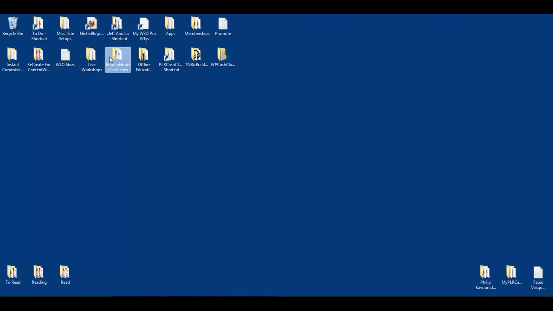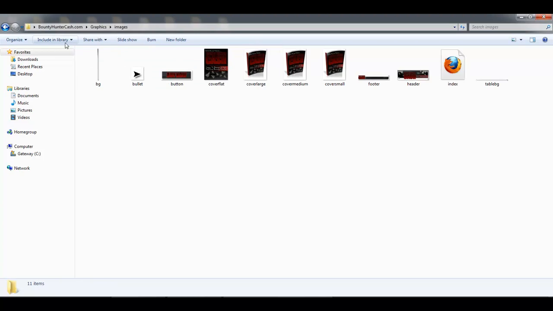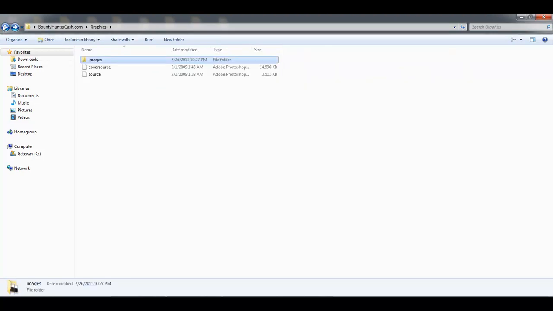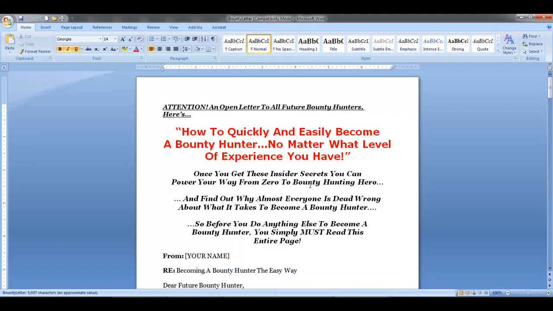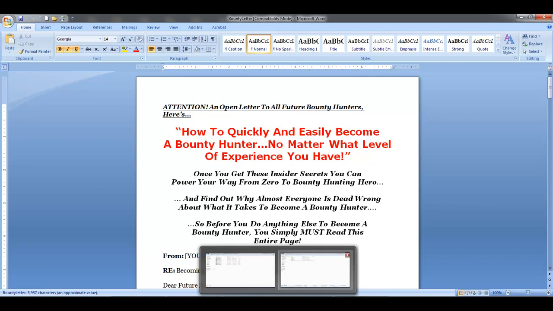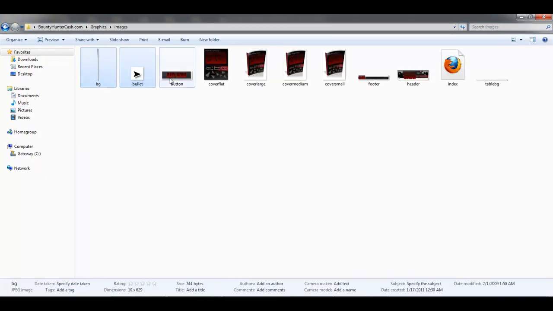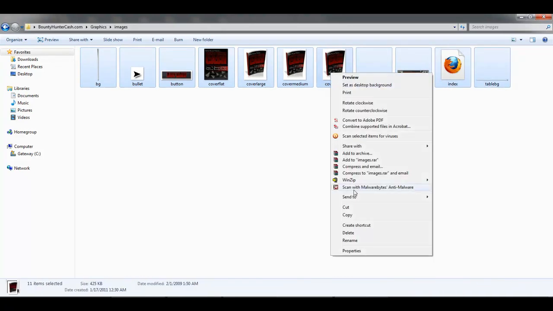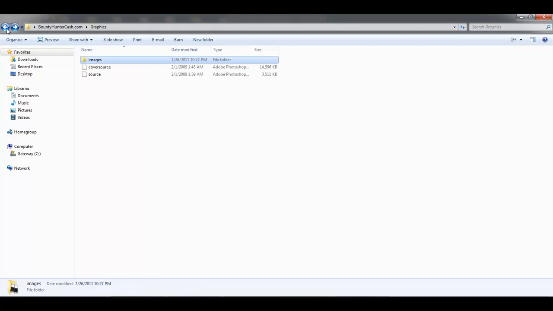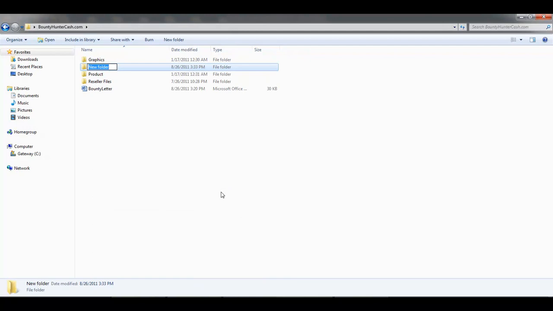Okay, I had this product created called Bounty Hunter Cash. Here are the graphics like I showed you. Remember, with the index page and everything, so we can create our sales letter on. And here is the sales letter that my sales letter guy over from the Warrior Forum did for me. So I can now go into my graphics, and I want to get all of this, including my index page. I'm just going to copy, and I'm going to paste it in a new folder called